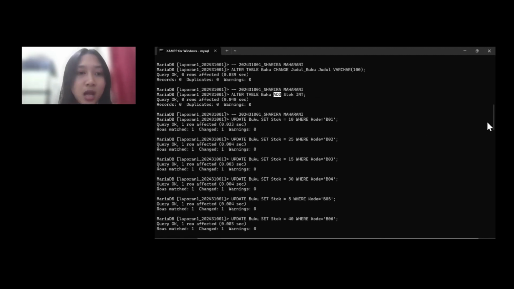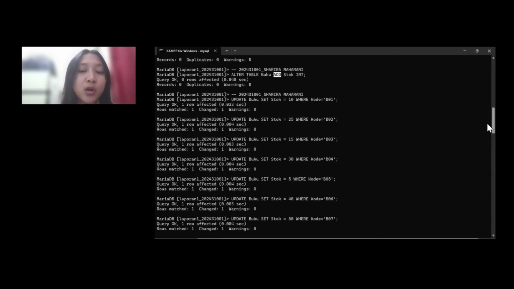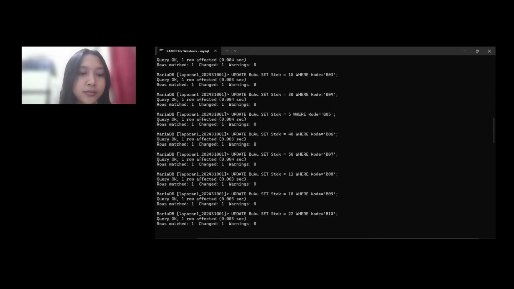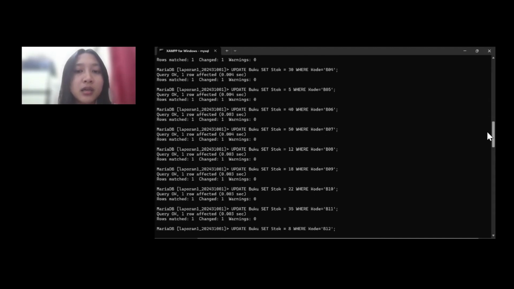After that, I update the stock data using the update command with the where condition. Okay, this ensures that each book gets the correct stock value based on its code.